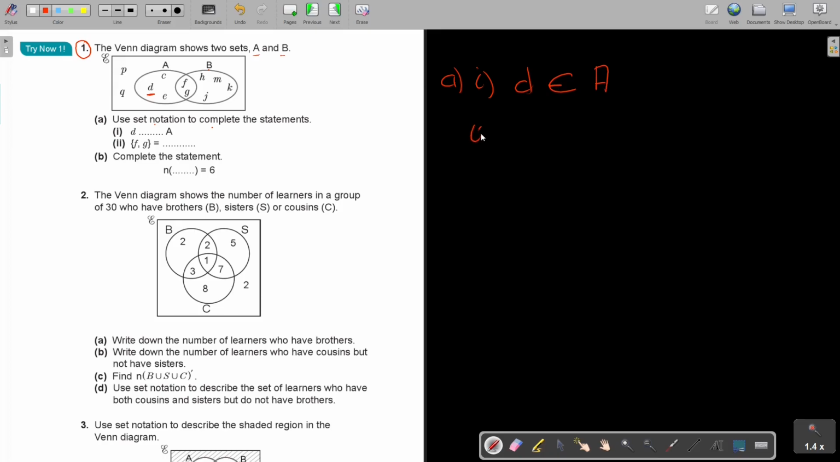Okay, the second one, F and G. Okay, so you can see it's the intersection. So I can say F and G. You can just fill it in. I'm just doing it now. So it's A, the intersection of B. Okay, and then number B,